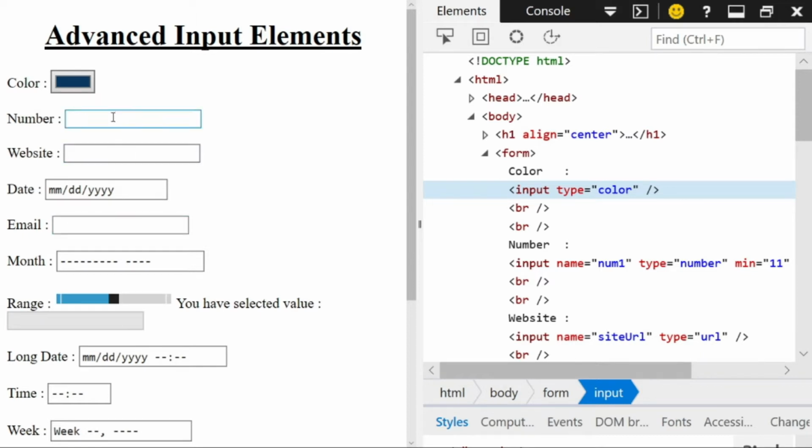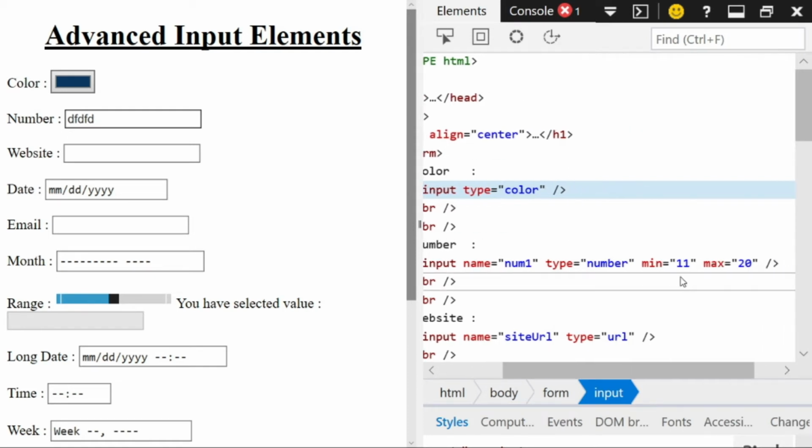Now the second type is number. Many times in a web form when we are asked to enter a number, a user may type a character instead of a number, and at that time it should be prompted to the user that he has entered an incorrect value. So I will try to type an incorrect value and let us see how the message is prompted. Please enter a number. Now this can be done if we use input type equal to number. As you can see here, I have used input type equal to number.